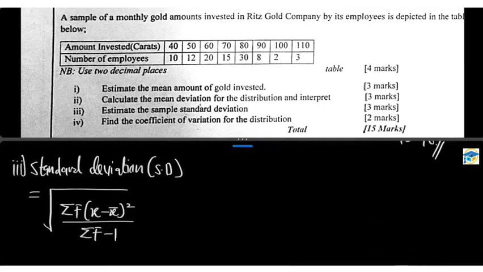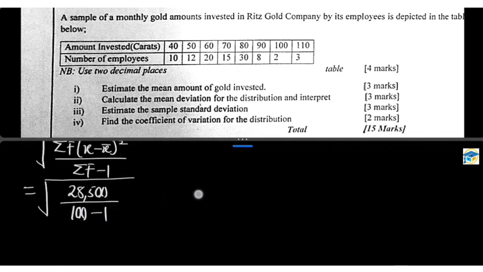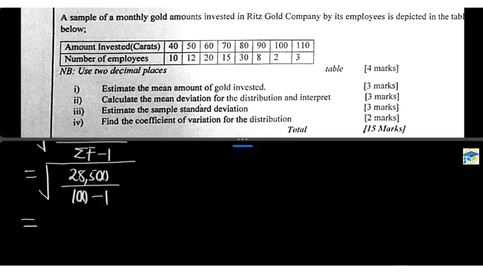So here, therefore, we can say that our standard deviation per our formula is going to give us square root of. So here, the whole of summation f into bracket x minus x bar all squared is going to be substituted with 28,500 and then divided by our frequency of 100 minus 1, because it's a sample, you subtract 1 from it, right? So once we get this, therefore we can say that standard deviation for a sample is going to give us